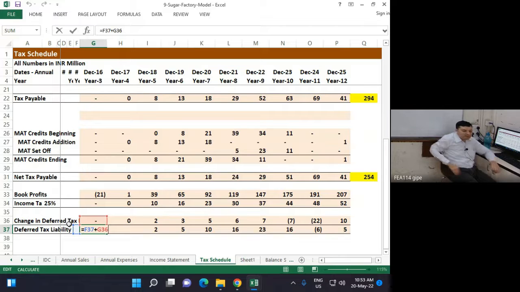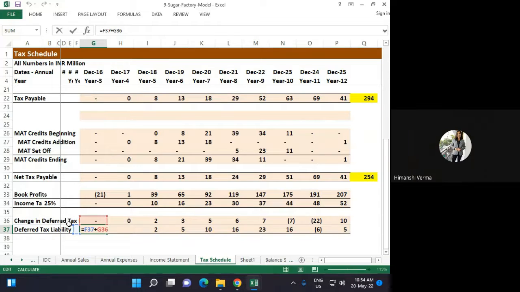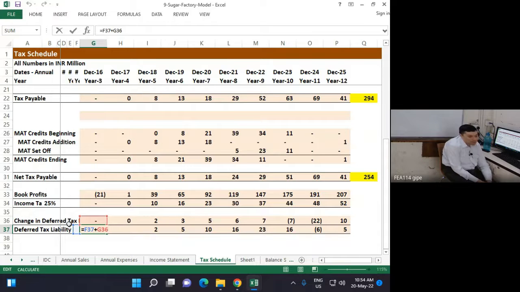Now, ideally, check everybody. Are the answers matching till year? Students online, last year's DTL is plus 5. Is that matching? Yes, sir. Correct. So, ideally, the deferred tax liability should have become nil